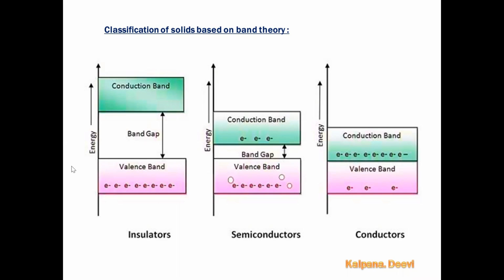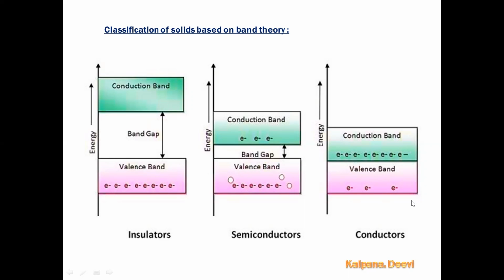In this slide, this is the valence band and this one is the conduction band. The gap in between these two bands we call the energy band gap. In the case of insulators, the band gap between the valence band and conduction band is greater than 3 electron volts, so it requires more energy to get free flow of charges. Whereas in the case of semiconductors, the gap between the valence band and conduction band is less than 3 electron volts, which shows it requires a smaller amount of energy to get free flow of charges inside the material.